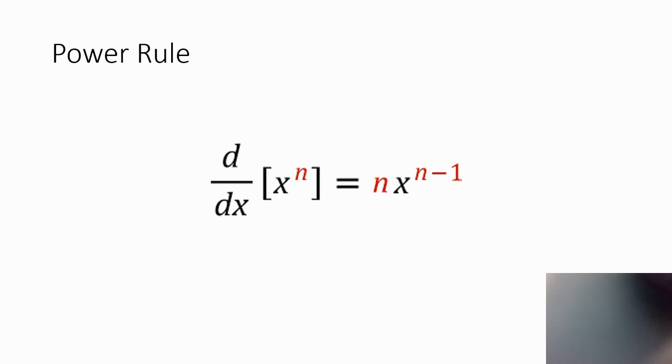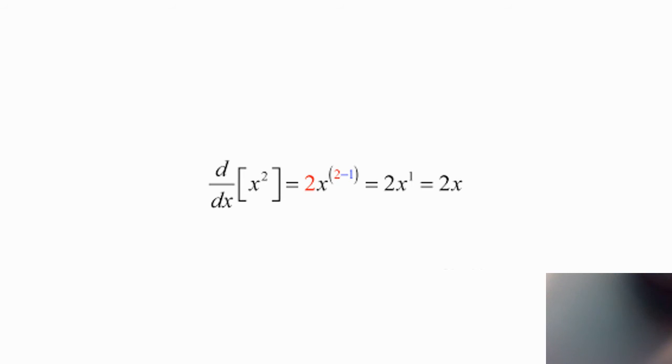The first one is the power rule. That's the one we're going to look at today. d over dx is just notation for a derivative. So we're looking at the derivative of x to the n. You bring the power out in front, and you subtract the power by 1. Here's an example: x squared. You bring the 2 out in front, you subtract 1 from 2, and you end up getting